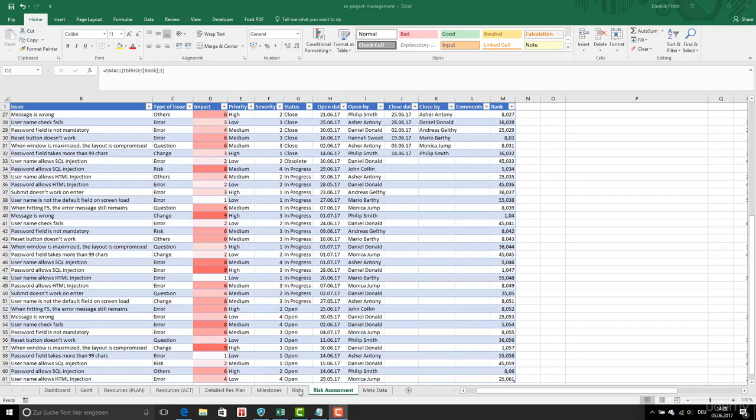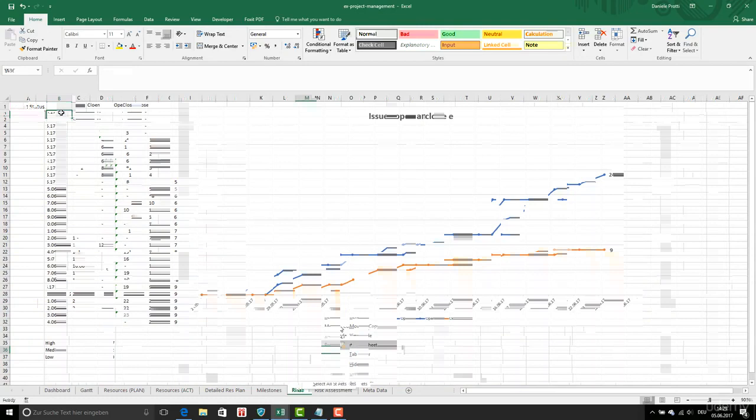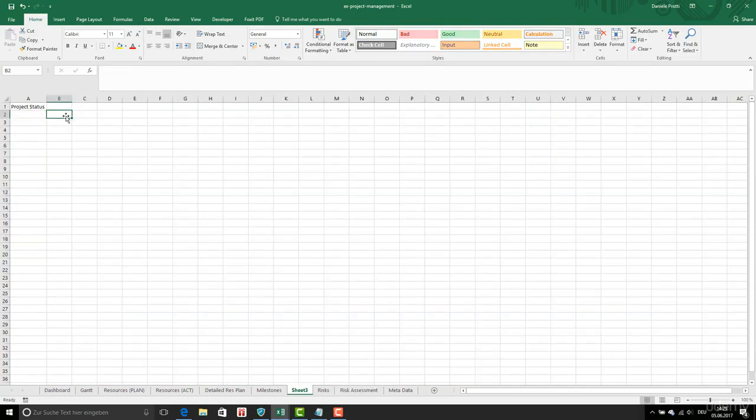We are going to calculate now the project status, and I'm going to click here. The project status is the following. I have different levels of health, and the first one is given by the project delay. So if I'm going to evaluate the project delay, it means